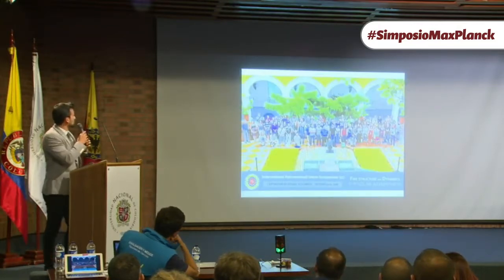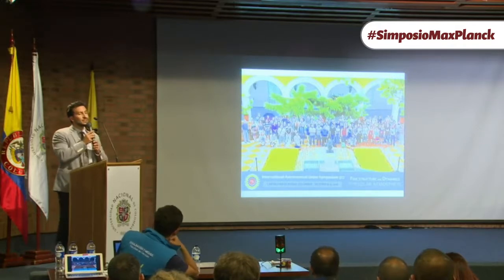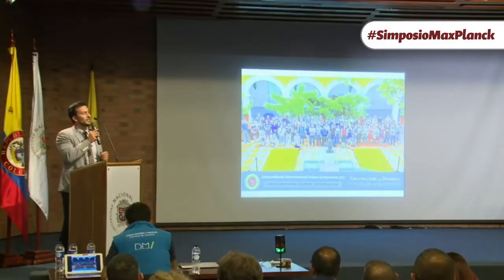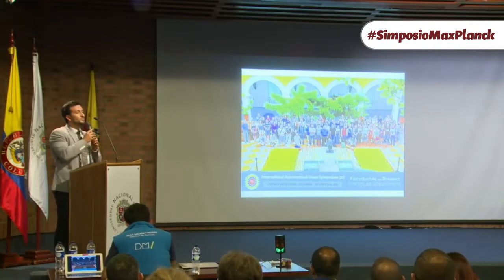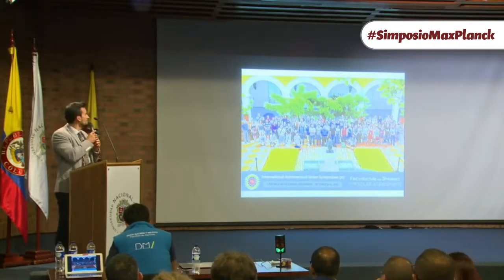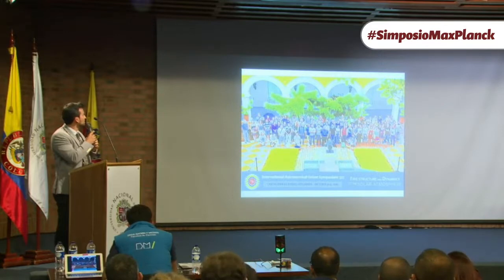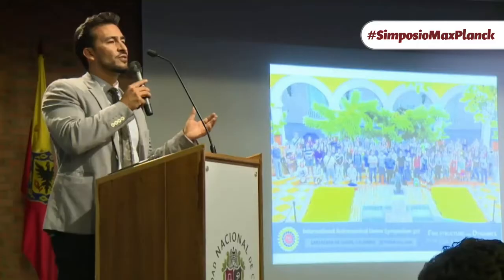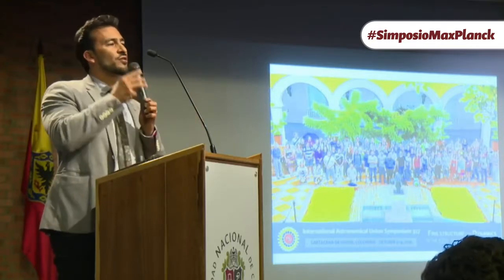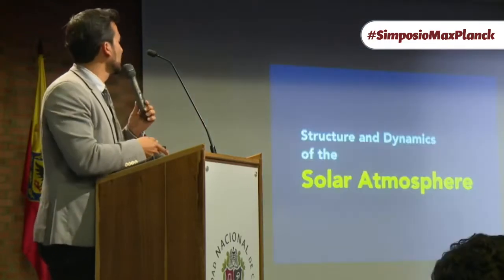And also, let me tell you that in 2016, Colombia became a member of the International Astronomical Union, after many years of not being in the union. We organized the first symposium in solar physics in Cartagena, which is a very nice city on the coastline. There were nearly 250 solar physicists talking about different branches in solar activity, and that's how our students got in contact with some people, and now they are in different places of the world.